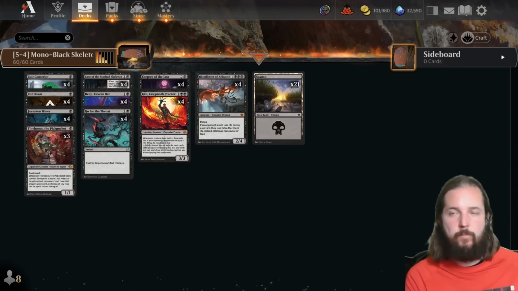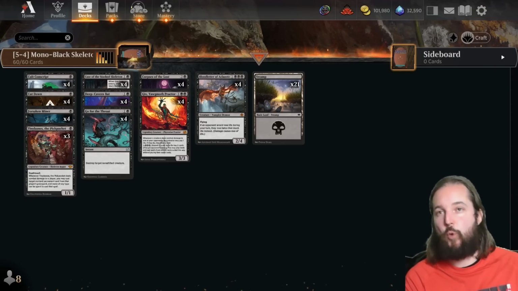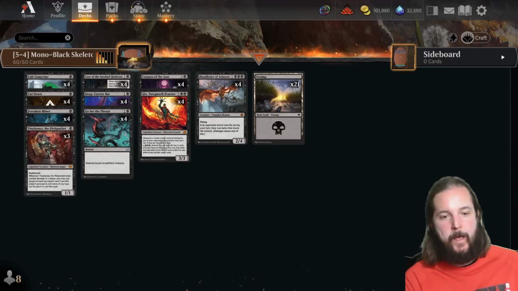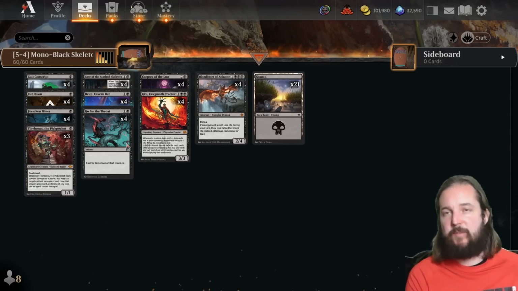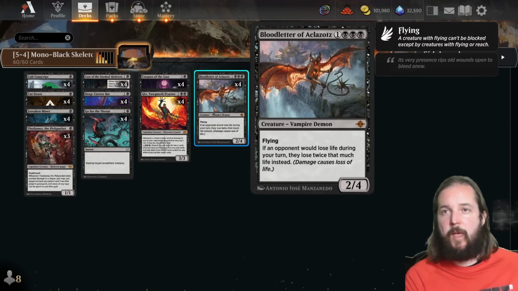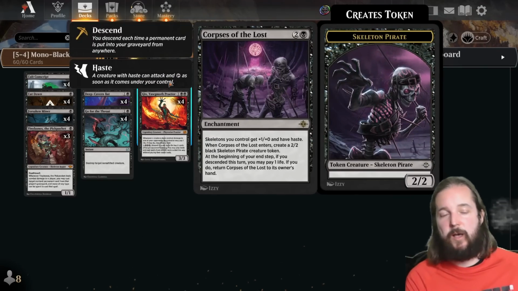And Mono Black Skeletons is number 4, and we actually saw this peak yesterday. I think I saw it at number 1, just really at the early part of the beginning of the season. But this one is still no changes from week 3. This one settled on the final build, favoring the Bloodletter of Akalazots over the Gisa, and ditching some of the crime synergies. The core of the deck is just skeleton synergies based off of the Corpses of the Lost,